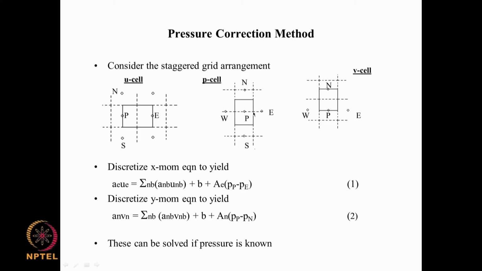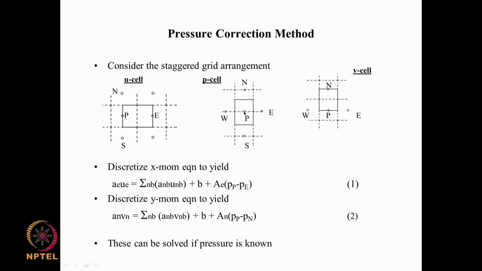So, this midpoint is evaluated on the east face, this on the north face, west face and south face. And if you notice our staggered grid system, with respect to capital P point where pressure is evaluated, the U velocity component is evaluated at the east face and the west face, and the V velocity component is evaluated on the north face and the south face, because east face and west face are displaced in the horizontal direction by half a grid point to the right and half a grid point to the left. Similarly, north face and south face are displaced in the vertical direction by half a grid distance in the positive y direction and negative y direction.